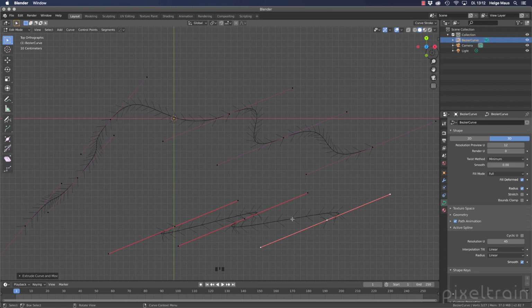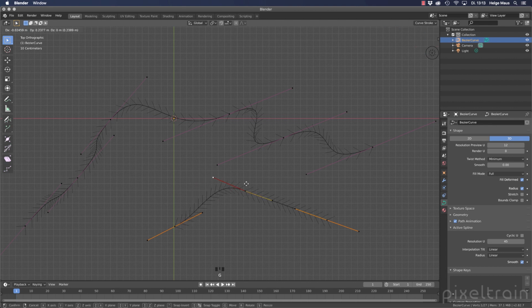After you've drawn something like this, you normally want to select all the points, press the V key again, and you tell now what you want to have. For example, you want to have free tangents or vector tangents or whatever you want to have. And remember that you have to select all the handles which you want to have in this selection. Otherwise, it doesn't work. It only changes the handles which you have selected. This is a really interesting part of Blender, that you can have, for example, here an automatic tangent in this direction. But if you only select now this tangent here, press the V key and say vector, you see that